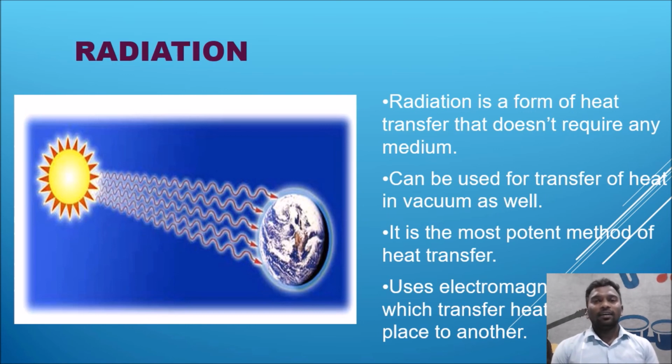It doesn't need any medium. The radiation can travel in the form of electromagnetic waves. Electromagnetic waves can propagate, can travel through the vacuum also. So this is the way we can define the radiation process. This is one of the most important processes of heat energy, and only in this way are we getting heat energy from the sun. On the picture you can see the heat energy is emitting from the sun and reaching the earth in the form of waves. You can see on the screen.